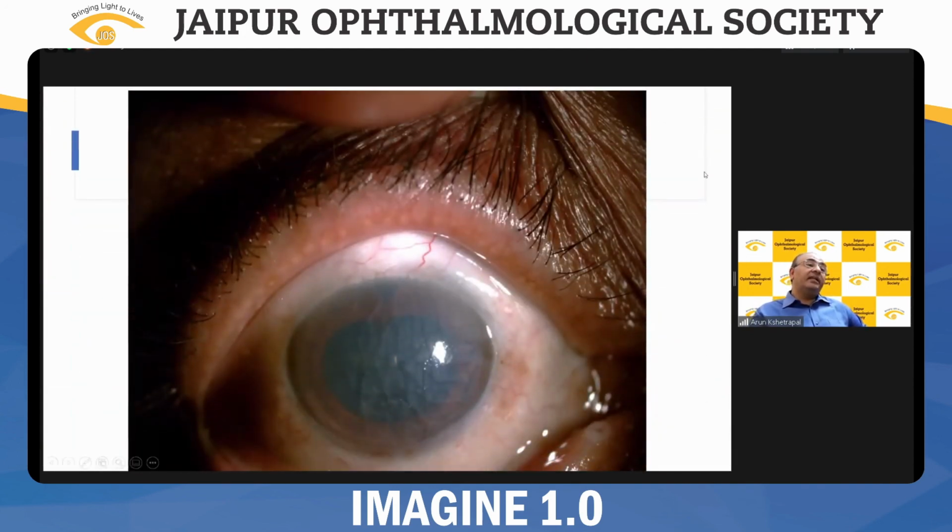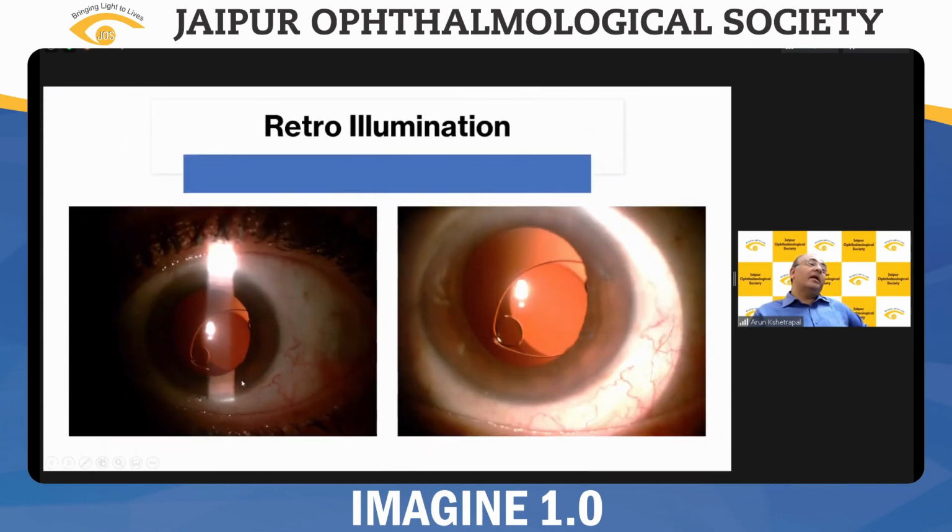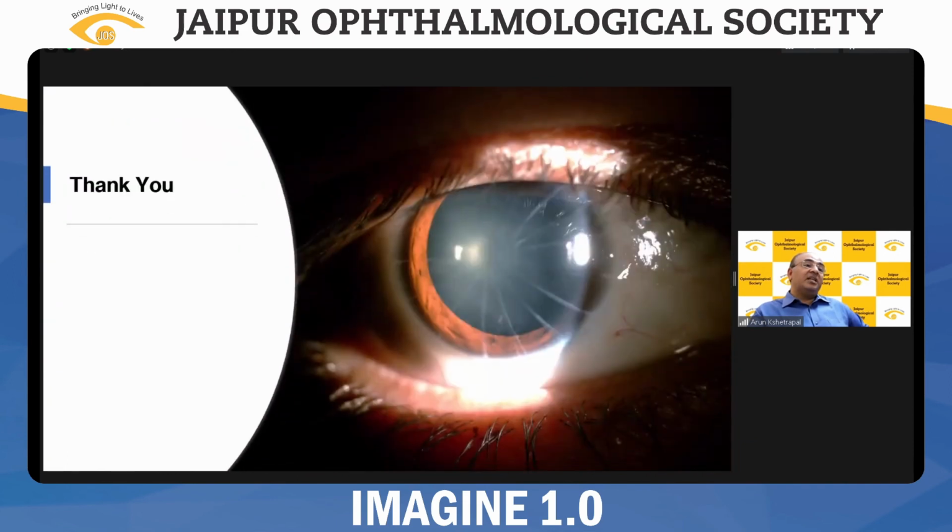Here, with a diffuse light, you can see a lot of folds in the Descemet's membrane. And again, retroillumination, where the magnification will help you in these cases. This will give you an overall view, and this is giving you a more magnified view. If you can appreciate, there's a break in the claw, it has broken down, so this has come out of the iris. So magnification has its role.